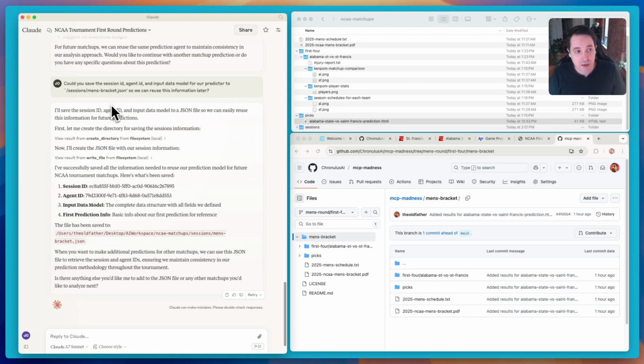So in the next conversation, I'm going to take the original prompt that we gave Claude and give it the session ID and agent ID and the input data model and say, hey, we've already done this before. Can you just reuse this stuff that you've already set up for us? And then I'll let it get straight to the point, in terms of creating a system that's a little bit more reproducible for setting up our picks.